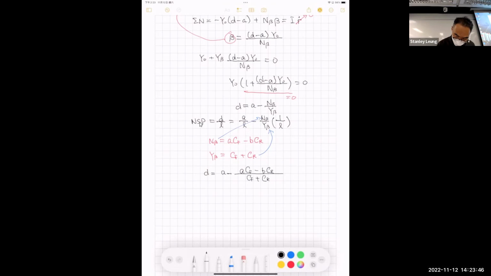Okay, so common denominator, make it expand